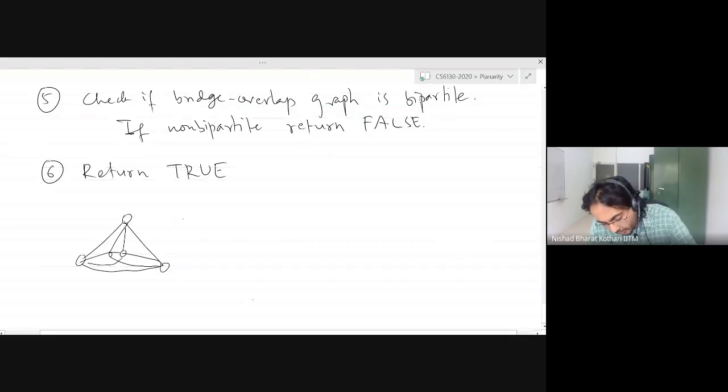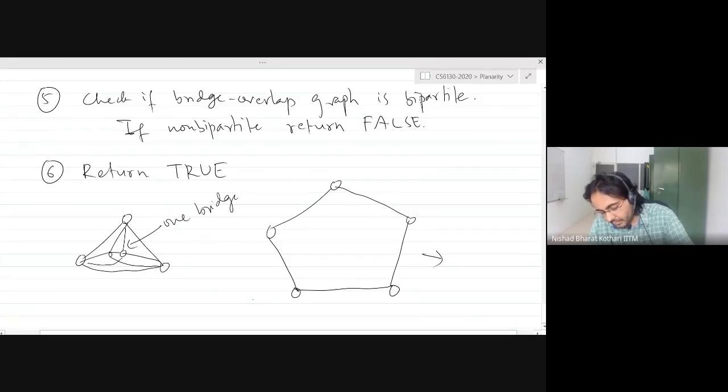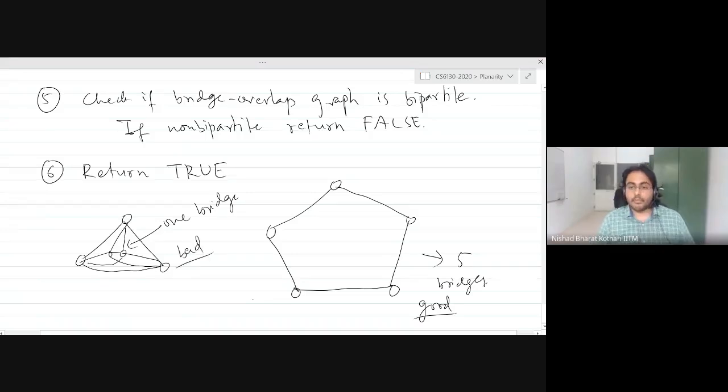But remember, we had another drawing of K5. And in this drawing, how many bridges do you have? 5, right? 5 bridges. Each is an edge. Exactly. So this is very good for the algorithm, and this is bad. Because when you have 5 bridges, or 2 or more bridges, whenever you take just one bridge in the cycle, you will have a smaller graph than the original graph because you threw away some bridges. But if you have just one bridge, you are not throwing away anything.